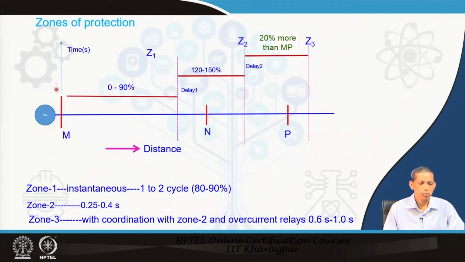Note that this axis is the time axis. So, we have time here, with more and more time for zone 3 as compared to zone 2 and zone 1. This time is the circuit breaker opening time, plus relay decision time. So, typically this time is less than 5 cycles or so. Relay decision time is typically 1 cycle and so.